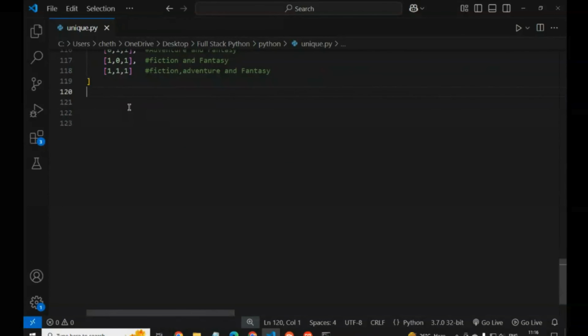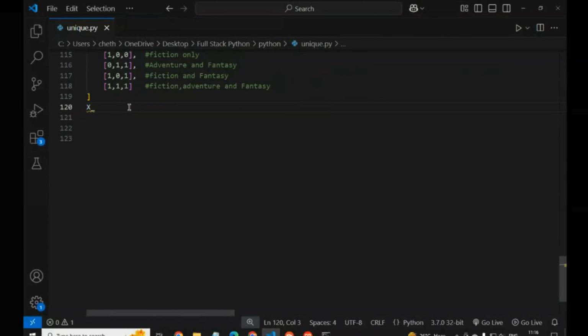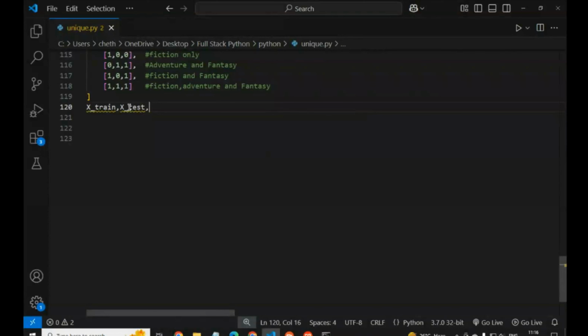Then we split the data into training and testing sets. So here we create x_train, x_test, y_train, y_test. Like that we have to write.